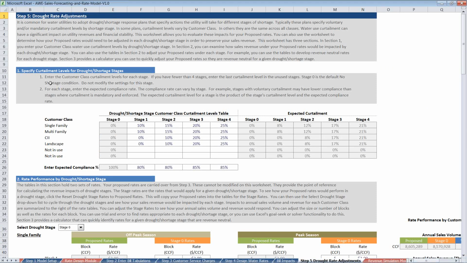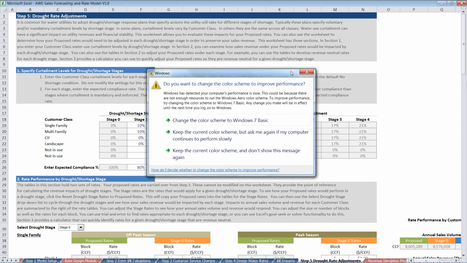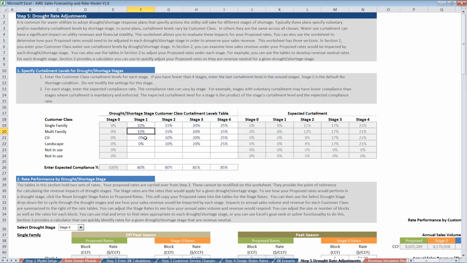And here you can specify your curtailment levels for various stages of drought. Where I'm hovering now, you can see in stage 1, this is what the water provider is going to ask of its single-family customers, a 10% reduction in water use, and same for multifamily. For the CII and landscape in stage 1, it's 0%.